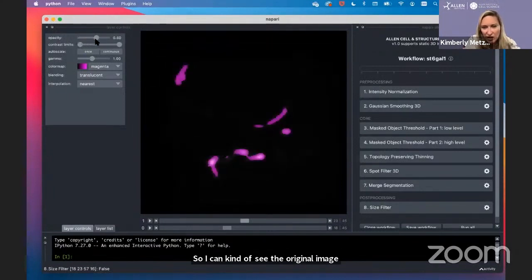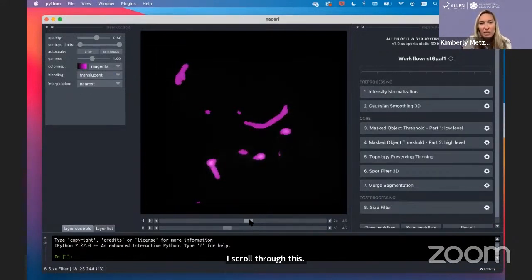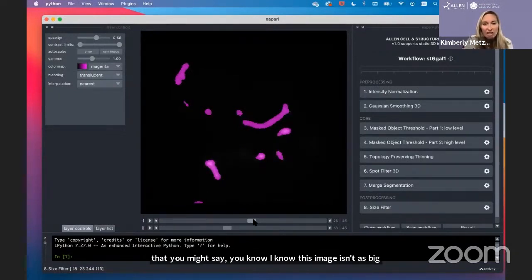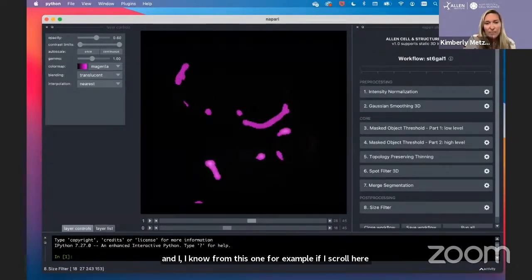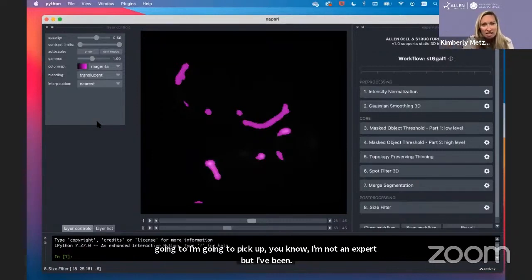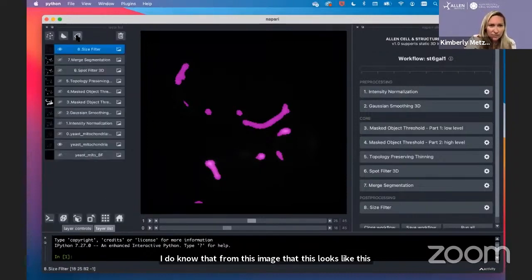So here's the original, and my segmentation. If I scroll through this, I start to see things. If you're familiar with your own images, you're going to start to pick up things where you might say, you know what, I know this image isn't as big. Maybe there's some blur in my image that it's capturing as part of the segmentation. I know from this one, for example, if I scroll here, and I'm not a yeast expert, but I do know from this image that this might be a little over